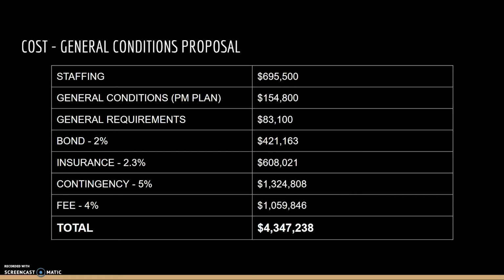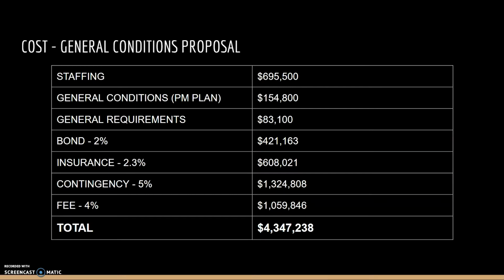The second part of our cost estimate is the general conditions proposal. The 3 main components of the general conditions are the staffing, general conditions or project management plan, and general requirements. Respectively, those run at around $700,000, $150,000, and $83,000. To move on from the main 3, we also take a look at our bonds, insurances, contingencies,